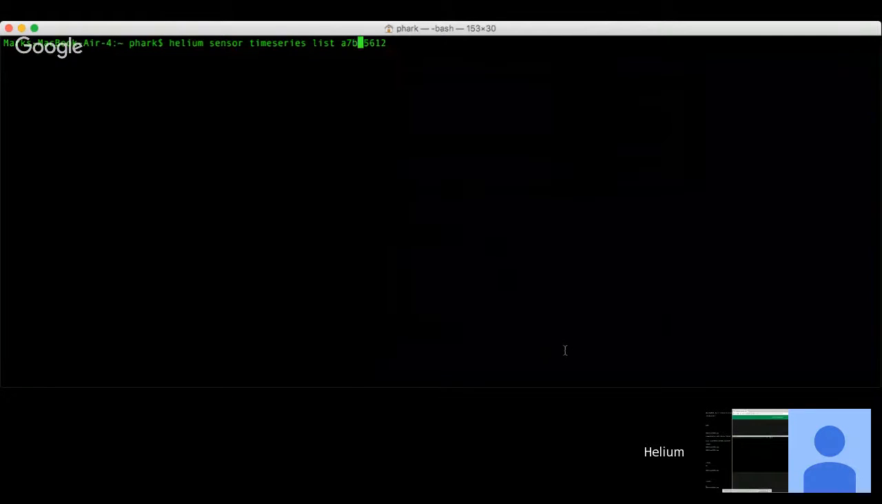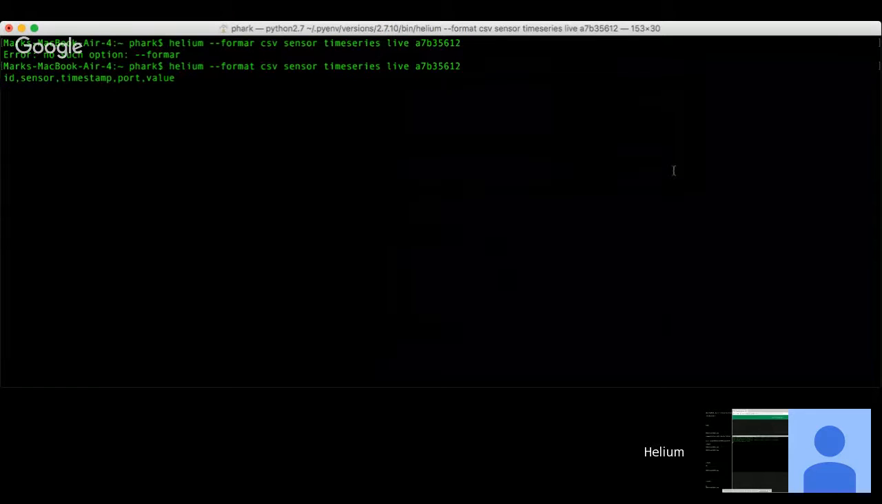So if we go like this, change it to live, and then I change the format here, CSV. So we can output in CSV, JSON, and maybe TSV. We can do this, and form R is not yet a thing. Let's try this again. All right, so what it's going to do is spit out ID, sensor, timestamp, port, and